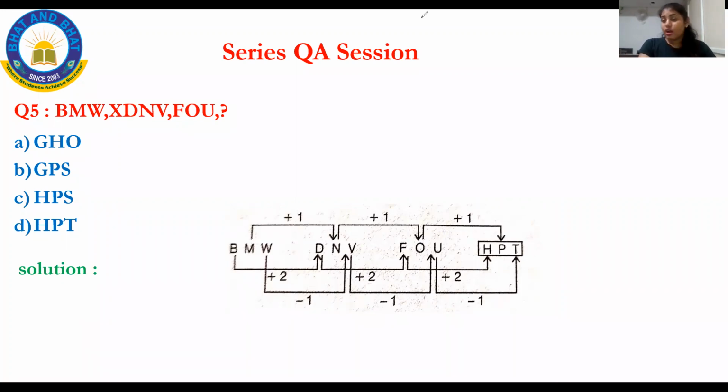Till now, they have given one letter and then two letters. Now they have given three letters. Why have I written this diagram? To look good in the PPT. If you don't know how to do it like this, no worries. Another method: B M W. BMW, it's not a car. The next three letters are D N V. Compare it.